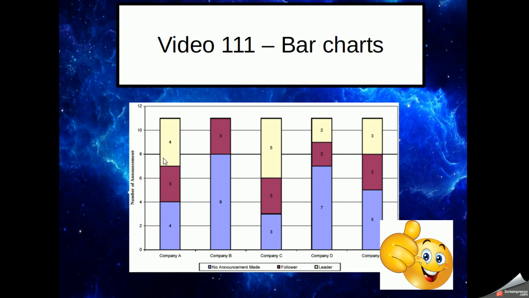4 to 7 is the announcement made by the followers. 7 take away 4 is 3. And then 7 to 11 announcements are made by the leader. So 11 take away 7 is